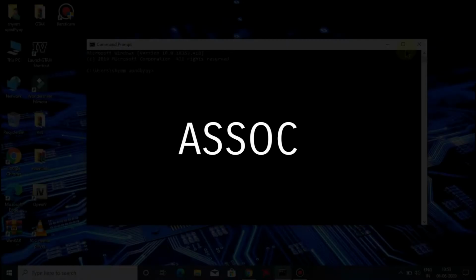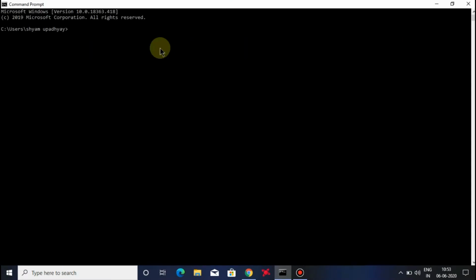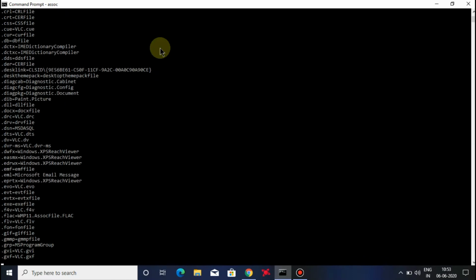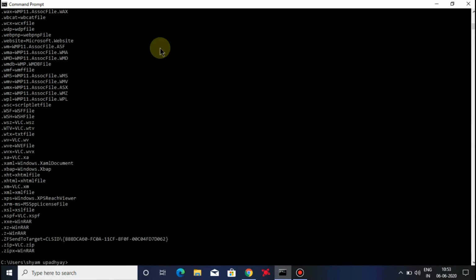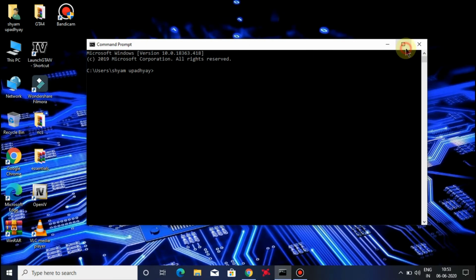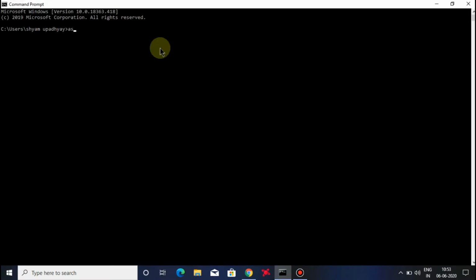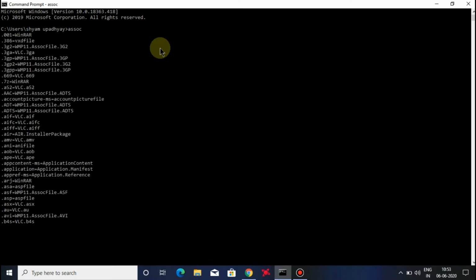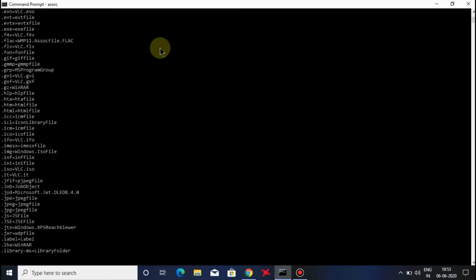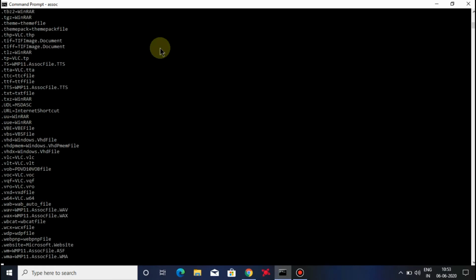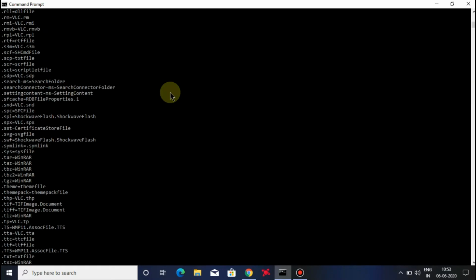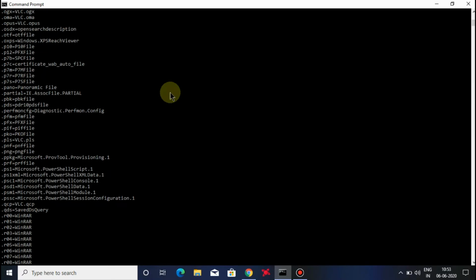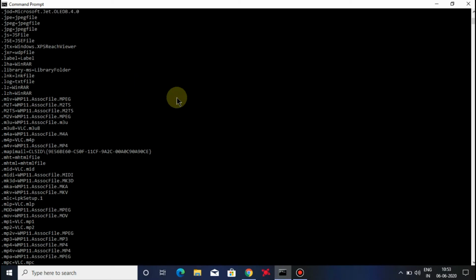Number 1. ASSOC, fix file associations. One of the most powerful tools in the CMD command library is the ASSOC command. Your computer associates certain file extensions with certain programs. This is how your computer knows to open Adobe when you double-click a PDF file or Microsoft Word when you double-click a doc file. You can view all the file associations your computer knows about by typing ASSOC in the command window. You will see the file extension and the program it associates with. You can set the association by typing something like assoc .doc=Word.Document.8.